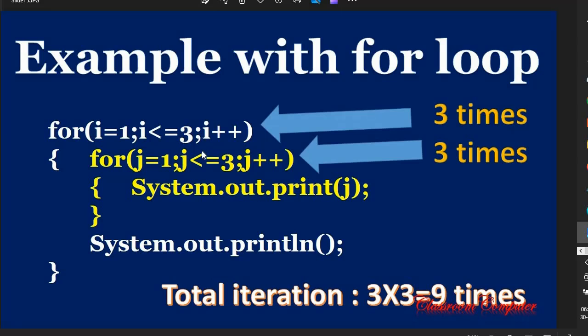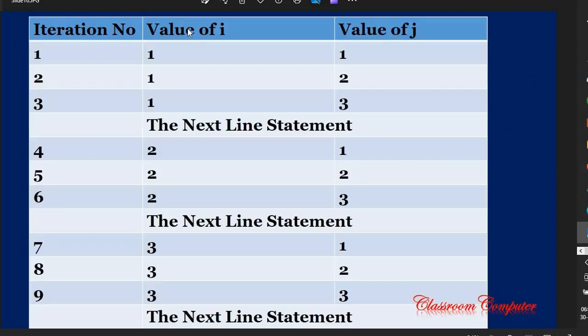And the control again moves inside this inner loop for j equals to 1, j less than equals to 3, j++. Now see the table here. Here is the value of i, which is 1, 1, 1, and the value of j is 1, 2, 3. After that the value of i is 2, and for every value of i that is 2, the inner loop iterates from the j's value 1, 2, 3, and after that i increases with +1, so the new value of i